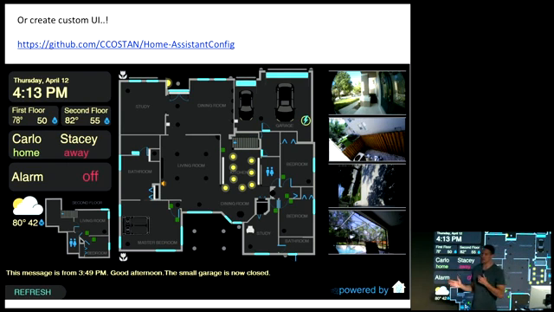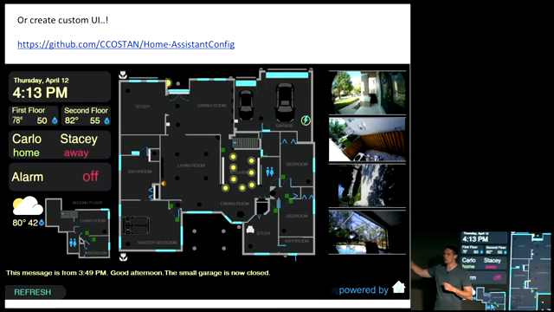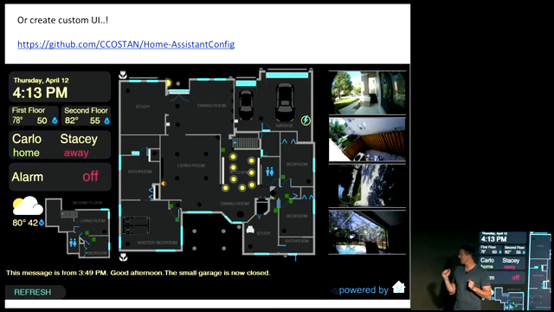But the great thing about Home Assistant being open source is you're not limited in what you can do with it. You can completely customize the look and feel of Home Assistant. There's this really neat project on GitHub called Floor Plan. What people have done is taken all that data and put it onto a 2D map of their home. This is a real-time image that updates. What you're seeing on the graphics there are sensors he's got in his home. If, for instance, the door opens, the door will actually open in real time on that display. So it gives you a really neat way to know what's going on in your home.